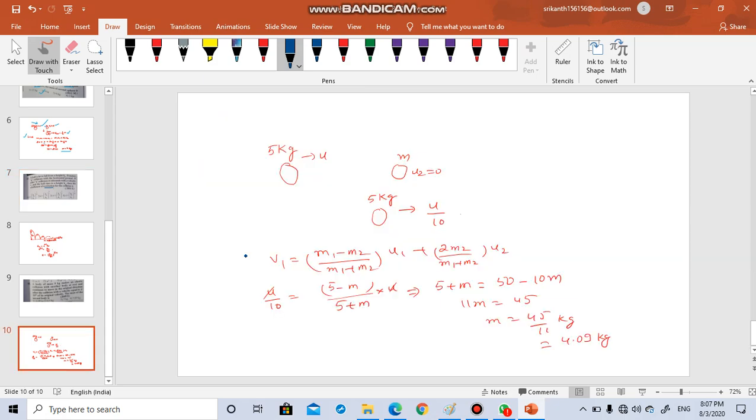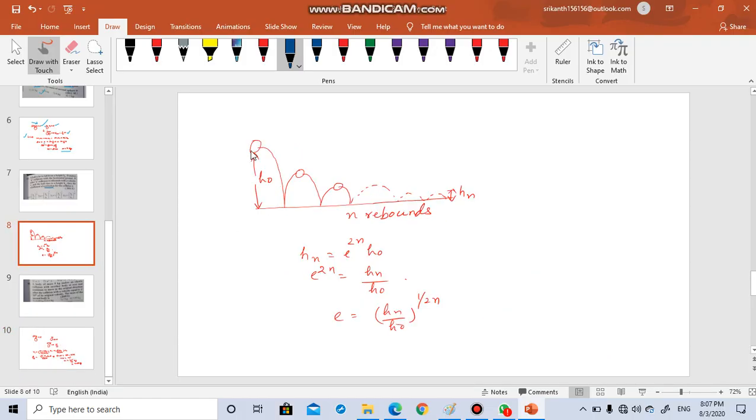So yesterday in the class we have discussed this. Okay. So this is the situation. Originally the ball was here. It was at a height of h0. Then it was dropped onto the ground. Then it rose. Then again fell. Then again rose. और ऊपर नीचे गिरते हुए वो finally it went on for n rebounds. See, this is the first rebound. This is the second rebound. This is the third rebound. Like that n rebounds. Okay. And he is asking you what is the coefficient of restitution.